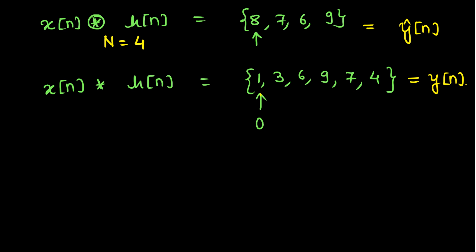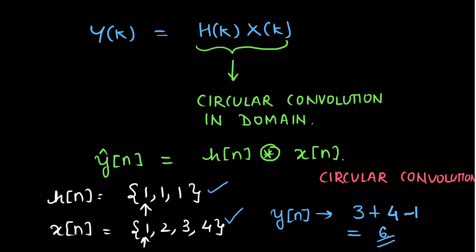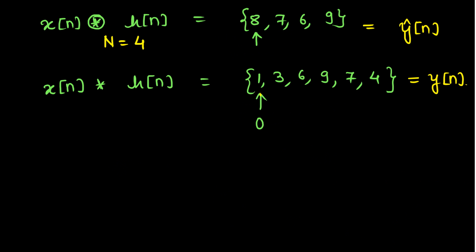So when we are performing this operation, what we desire is linear convolution, not circular convolution, but what we are getting is circular convolution. So now what we need to do is use this circular convolution in order to get the linear convolution. Now one more thing that we need to observe here is, if we look at this 8, it can be represented as the addition of 1 and 7. So it is 1 plus 7 equal to 8.